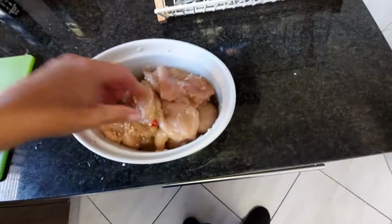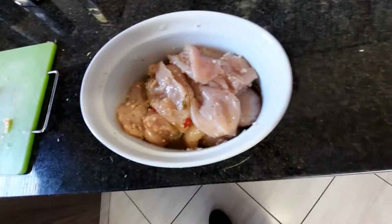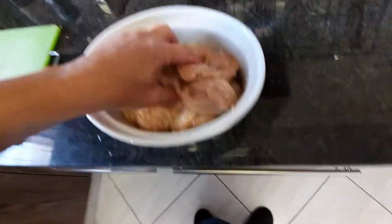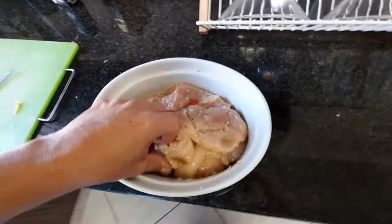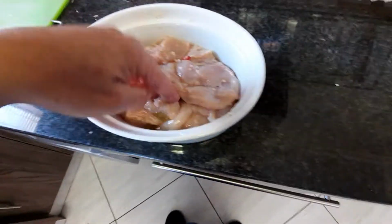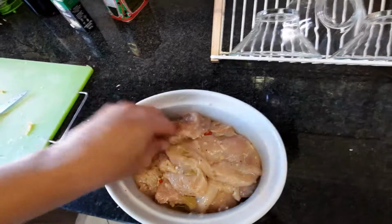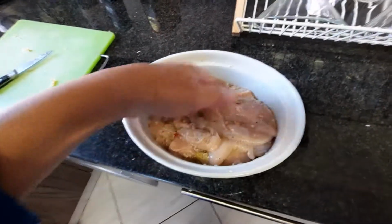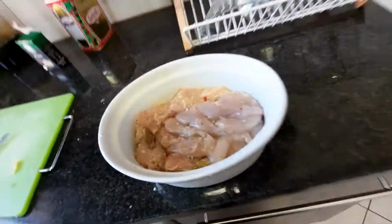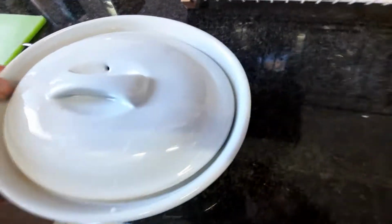Now, my suggestion is to leave it marinated for minimum 45 minutes. The longer the better. Chicken and meat have different seasoning times necessary, but I would say half an hour, 45 minutes minimum. If you can, you can do a full night in the fridge with this, even better. The longer it marinates, the better the results. So there we go. All I have to do now is close this with a lid and put it in the fridge. I know I have the lid somewhere here. And it's ready to be thrown in,